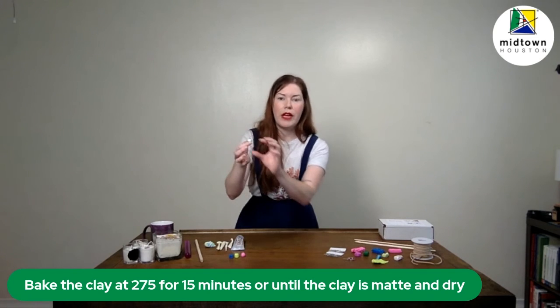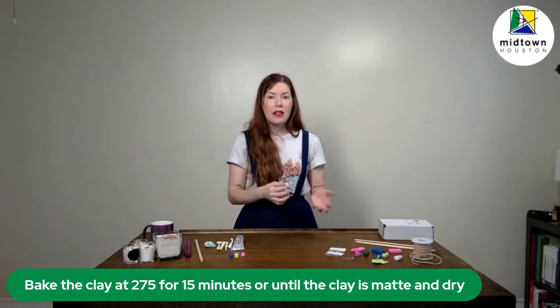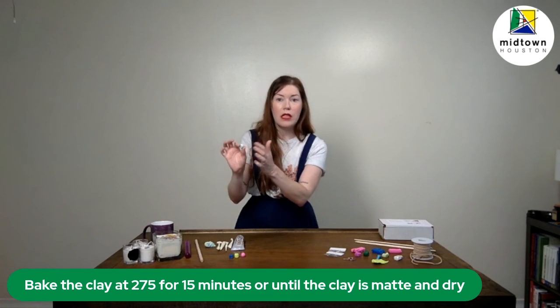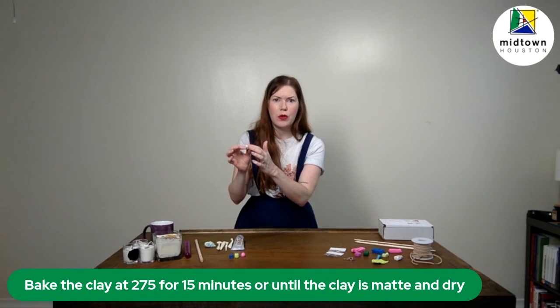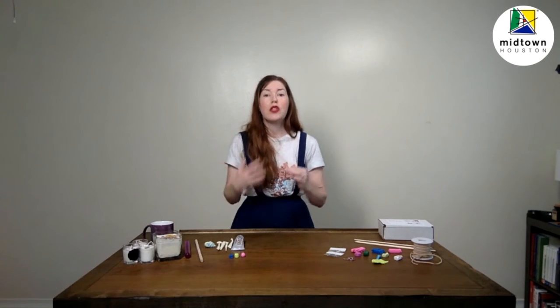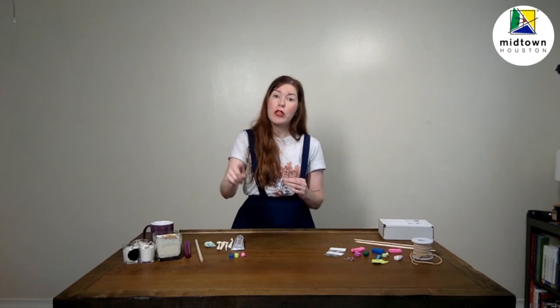Another thing is that this wet clay is really tacky to the touch. It kind of sticks to your hands when you're working with it. Baked clay is not going to be tacky at all. It's going to be completely dry, and it's not going to have that kind of wet feeling when you touch it. So you know your clay is done when it looks matte, it doesn't look shiny, and when you touch it,